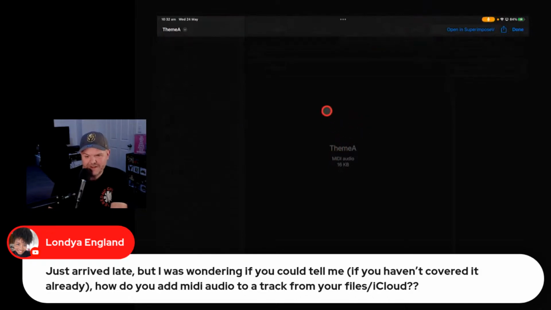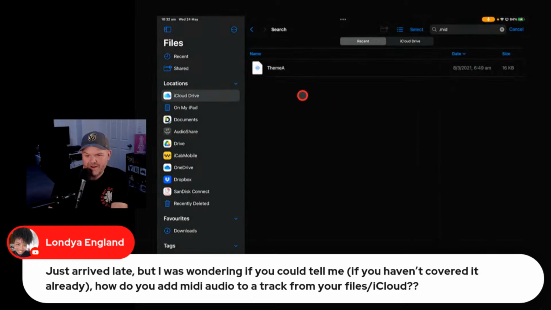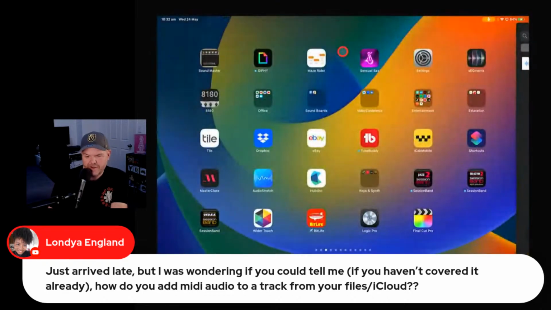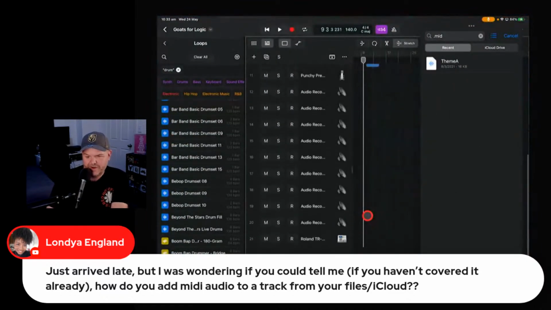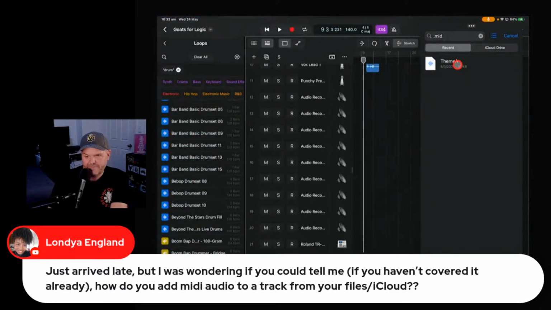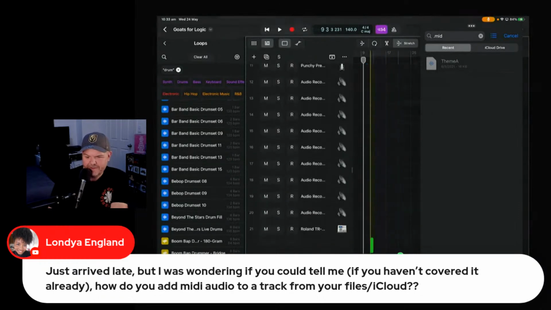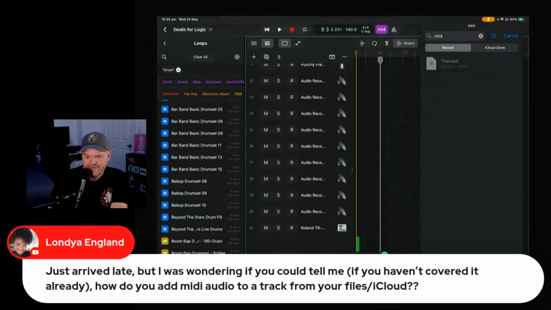What do we think it is? I don't know, man. I'll try and bring it in. I don't know what it is, but we can do this. I wonder if we could do it by doing the slide over. Can we just bring it straight in? Is it going to be a supported file to bring into Logic like this? Drag it. Well, it seems to be. All right, let's see what it does.